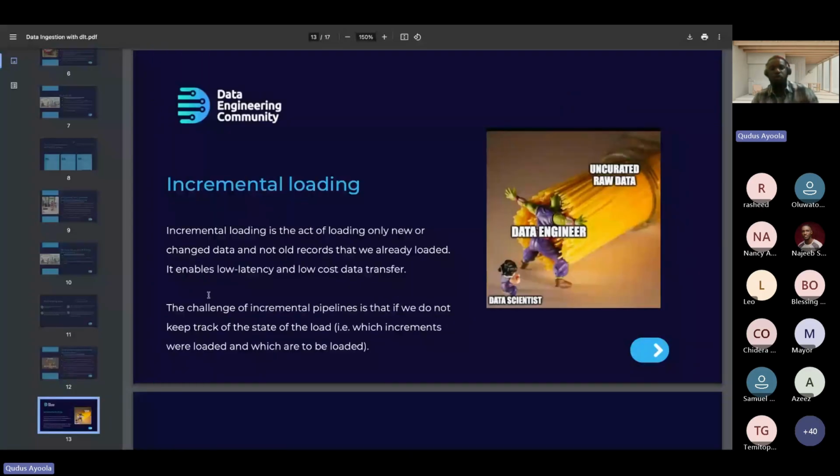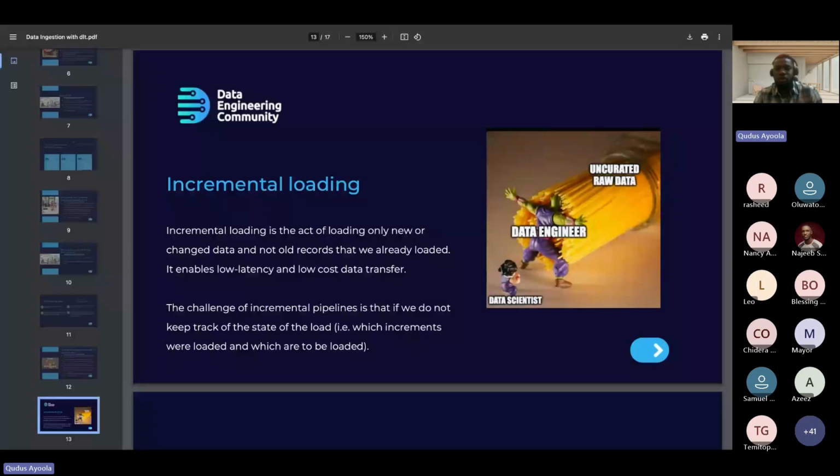So we're going to be covering incremental loading as well, whereby incremental loading is basically the art of only loading new data or data that changes, and not just old records that have already been loaded into your database. So basically, you have historical data in your database.